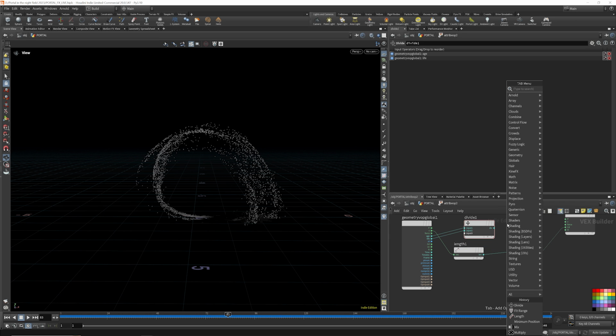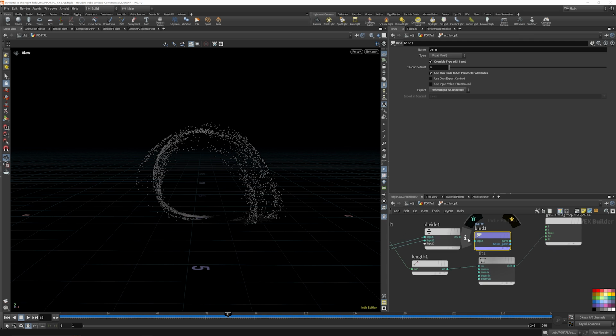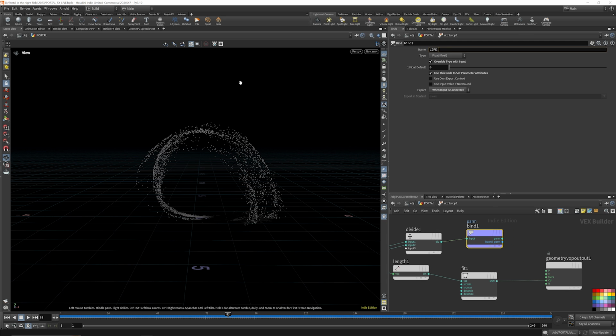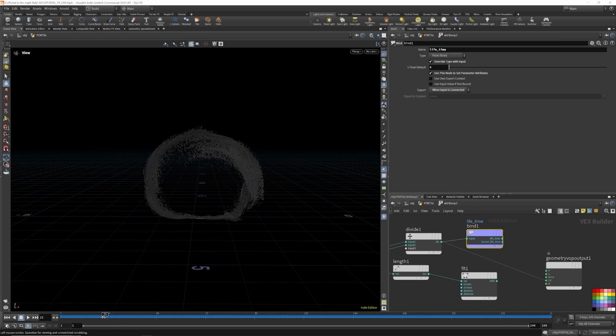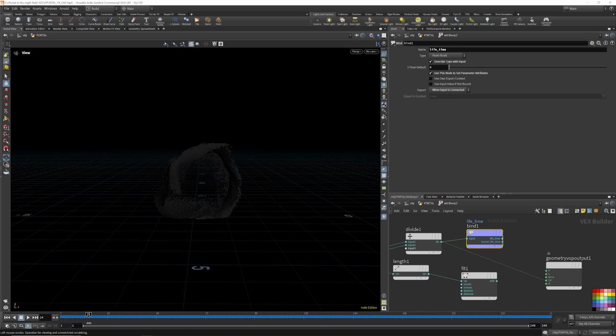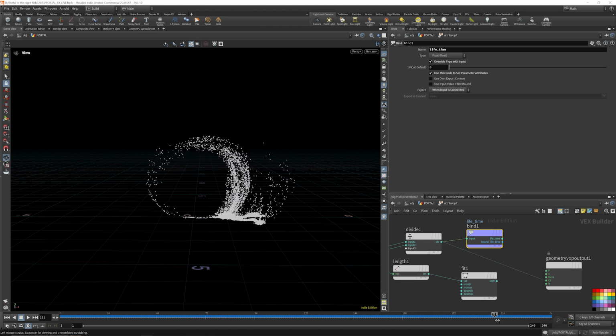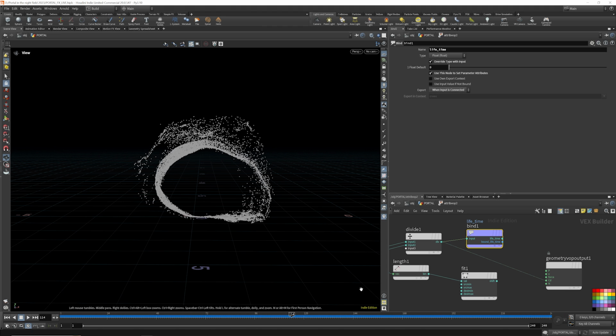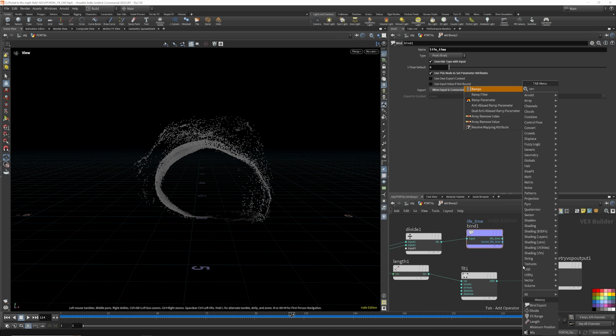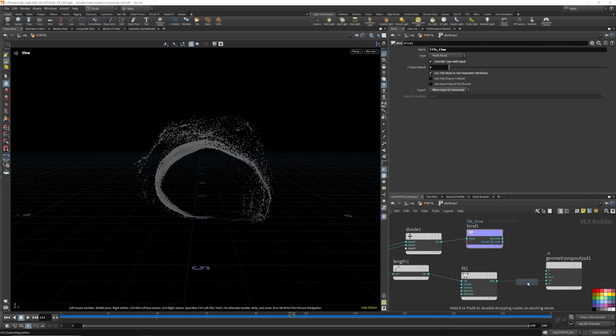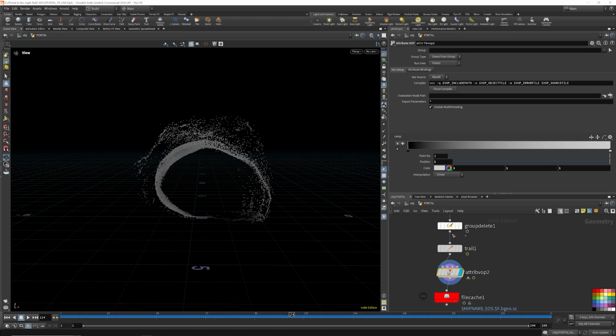And let's just export this as an attribute, and let's call it lifetime. We can also take a look at this by pumping this into the color. So you can see as it starts, it's got a very low value, and then it should come on to 1. Cool. Let's plug this into a ramp. Let's dive outside here and let's set this to